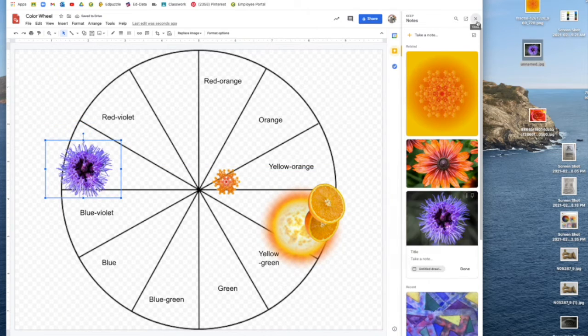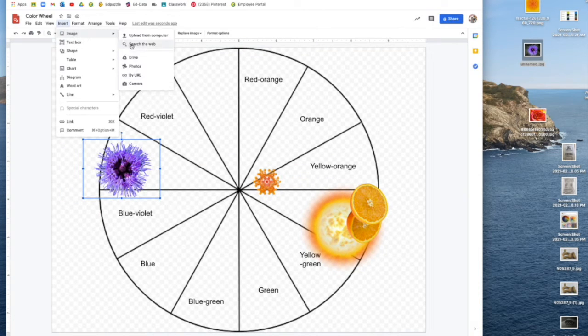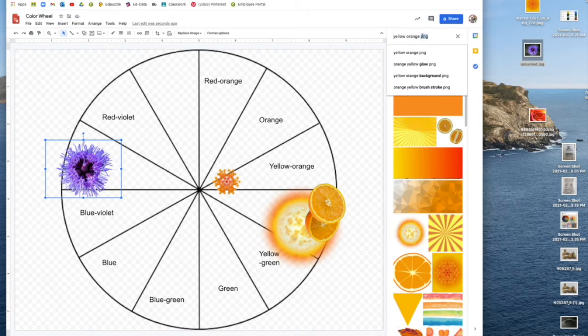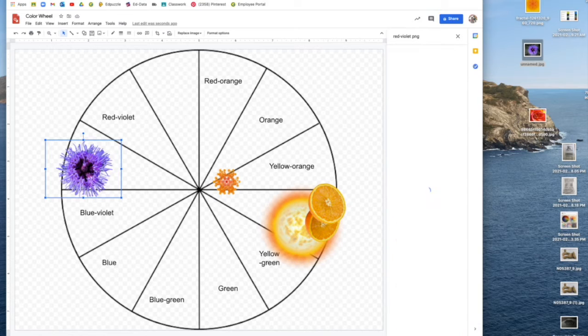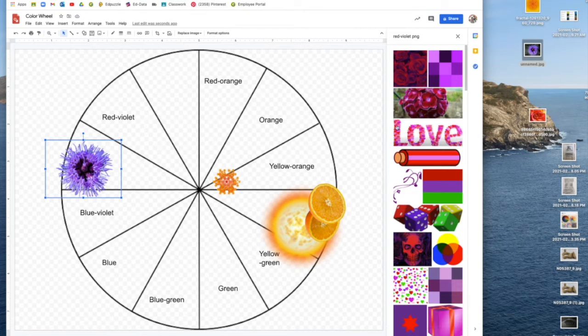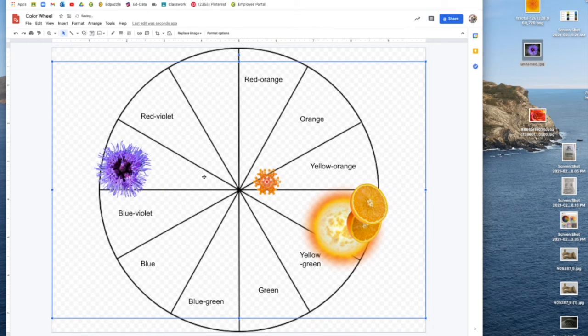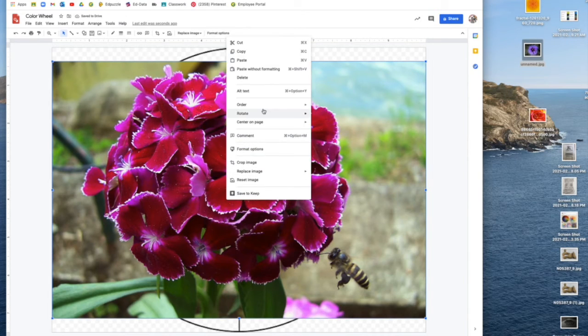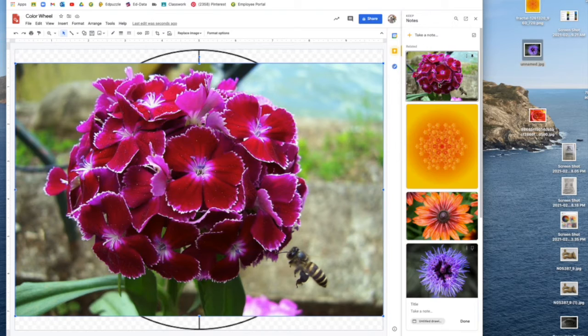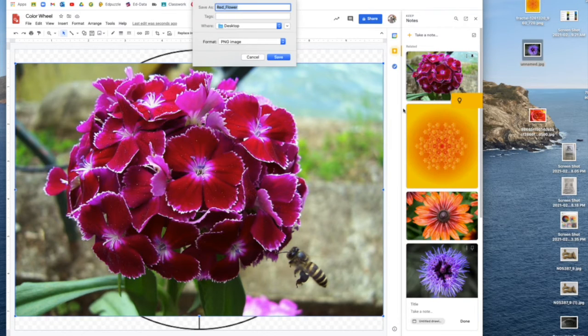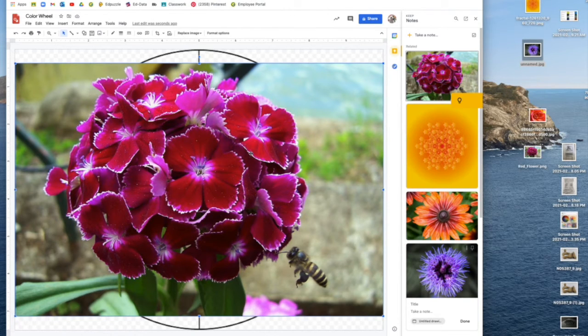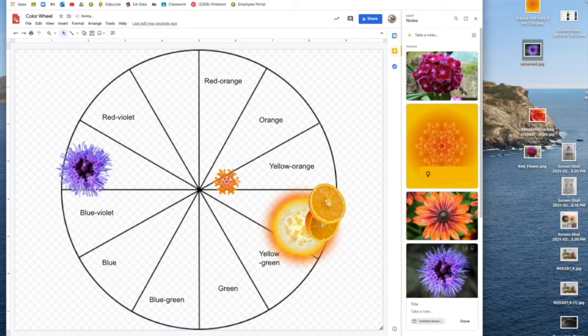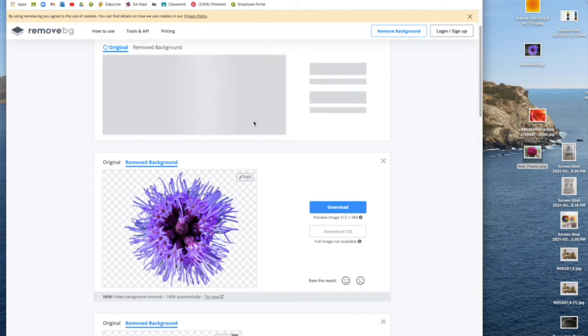So let's see. Insert image. Search the web. Red violet PNG. So one more time, I select an image I like, hit insert, right click, save to keep, right click, save image as. I don't know why it won't let me just save image as from right here, but it doesn't, so we have to go through that. It's on my desktop, so delete that, go over here, drag and drop,